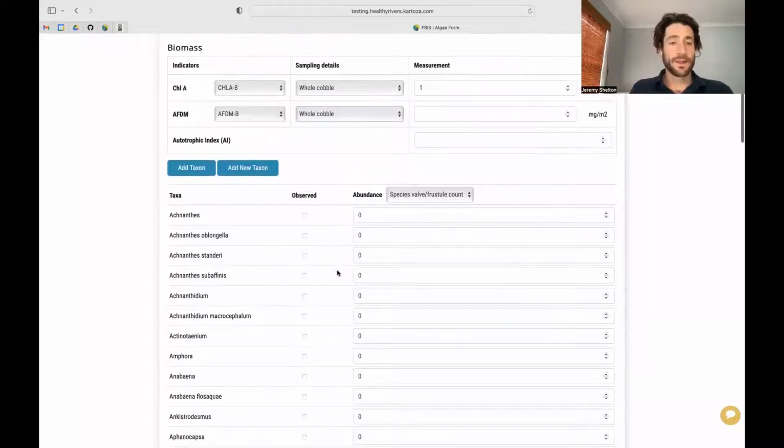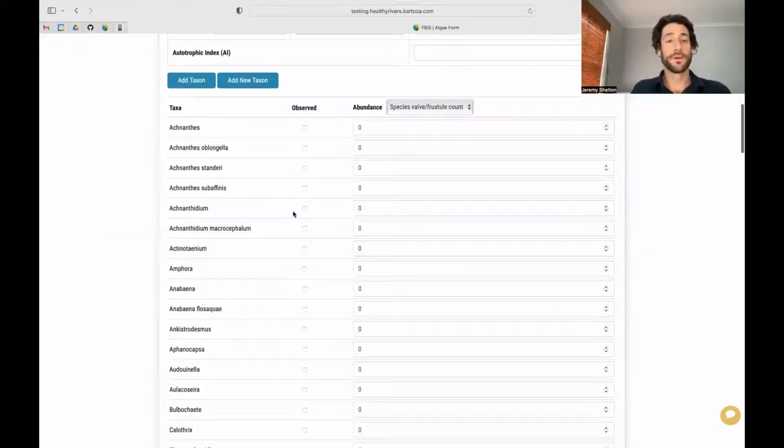Then, a list of nearby algae taxa is provided. And just to point out, if you don't see the taxon here that you recorded, you can add it. There's also even an option to add a new taxon if your taxon does not exist on FBIS as well. So just like for the other modules, you would indicate whether a taxon was observed